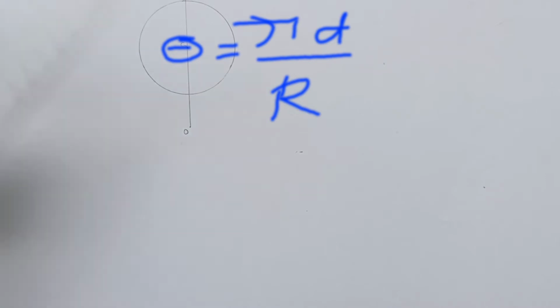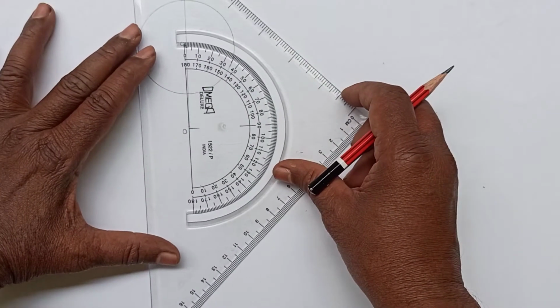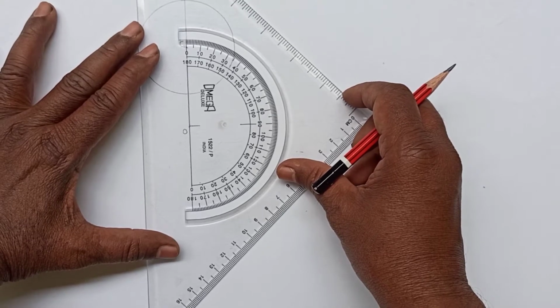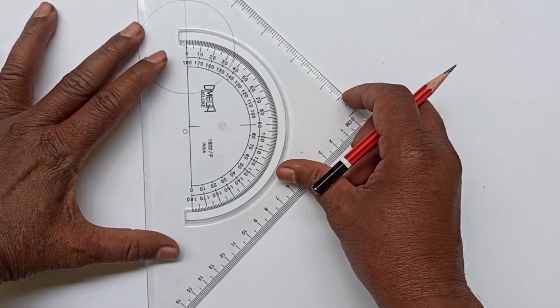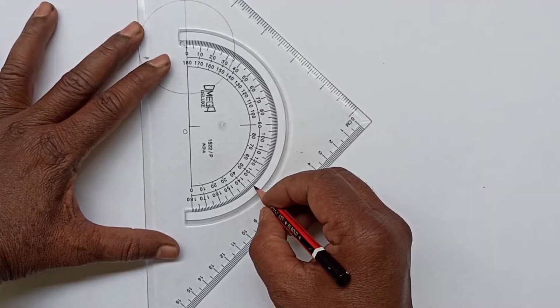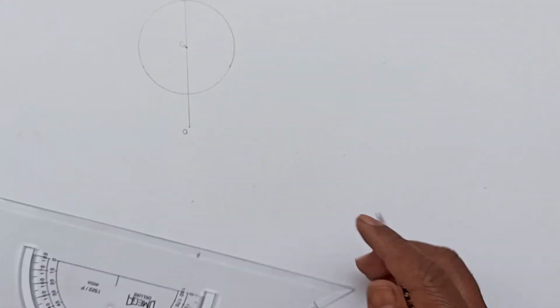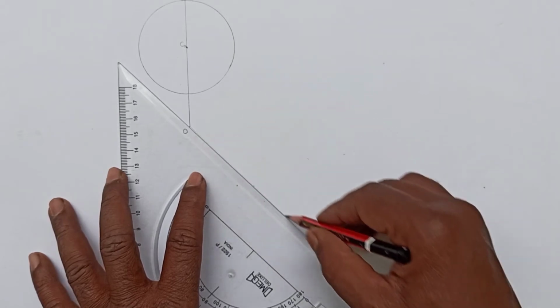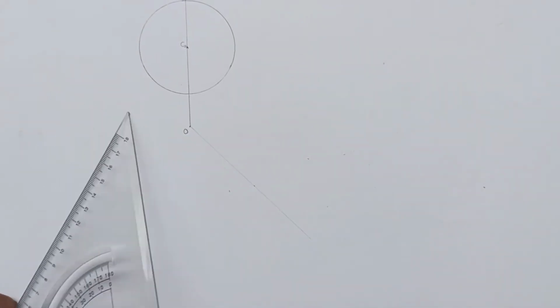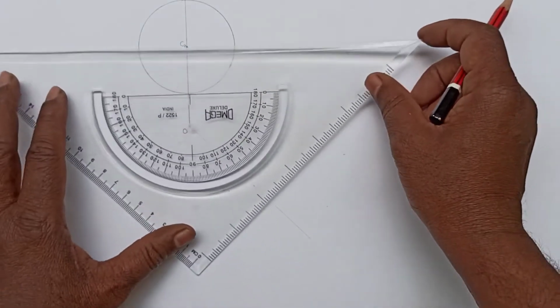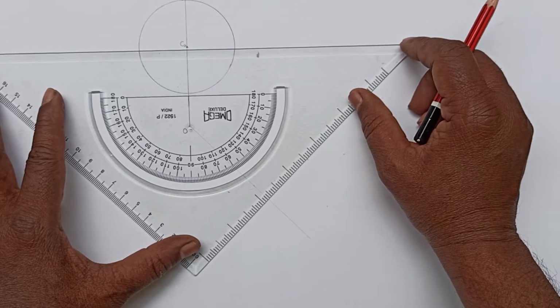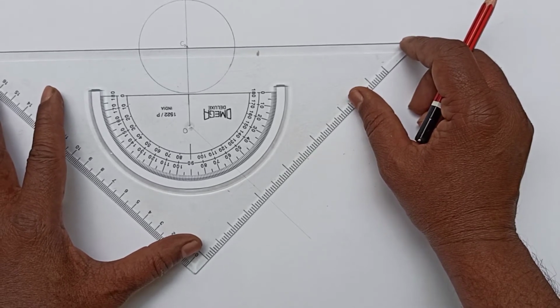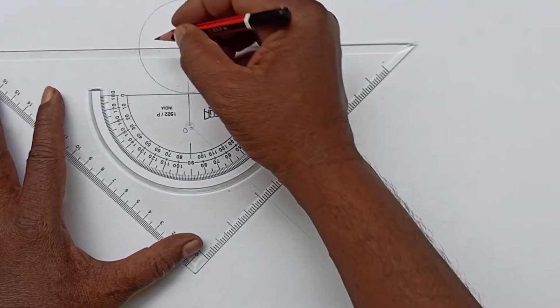So set an angle of 135 degree by taking O as the center. Now draw a very faint line which will indicate the angle 135 degree. Now we have to divide this angle in 12 equal parts, but we will follow another method which will be explained in the next coming part.